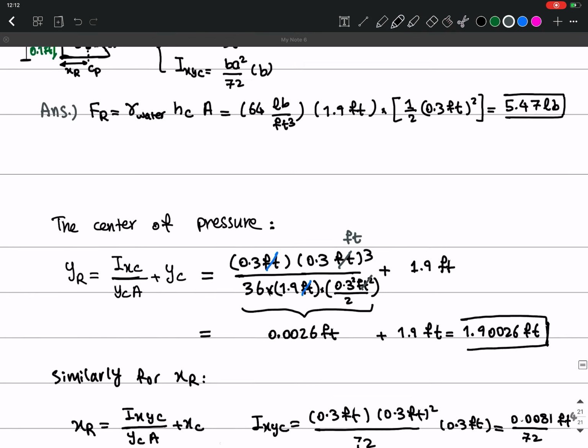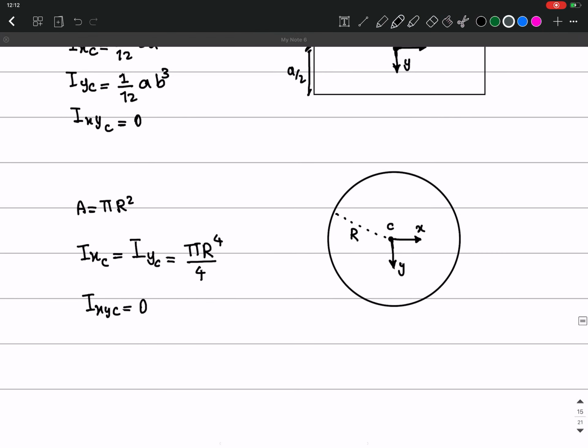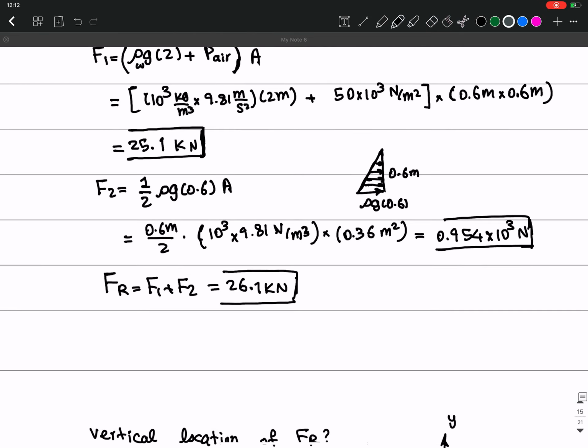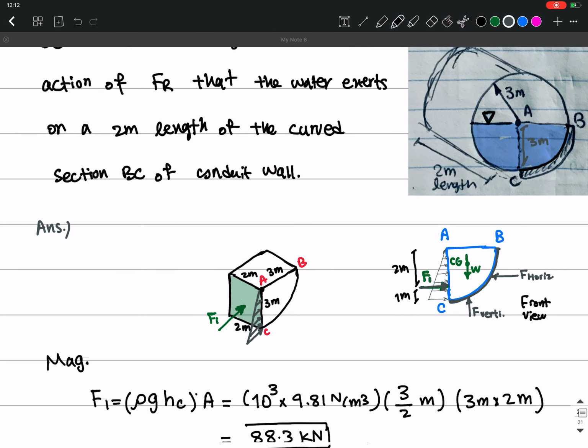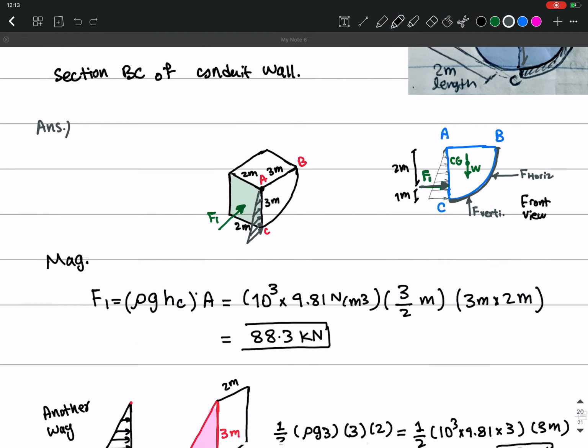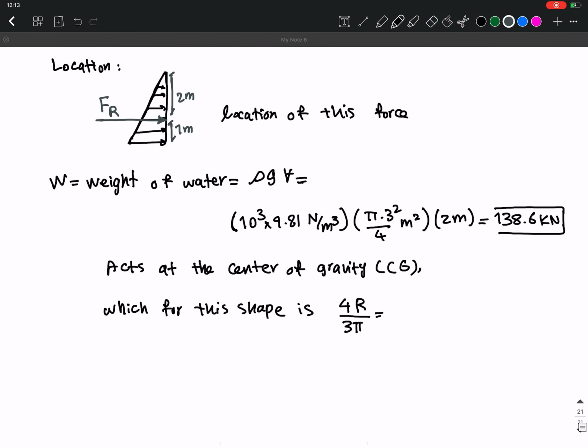So you can go to the tables. I don't think I have mentioned it here. Yeah, so in the tables you can see the center of gravity for this shape, okay? So you can find it there. It's going to be 4r over 3 pi to get the location of this center of gravity for this quarter of a circle, which is going to be 1.27 meters